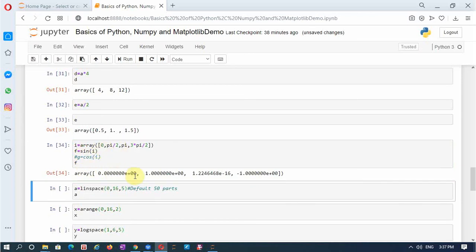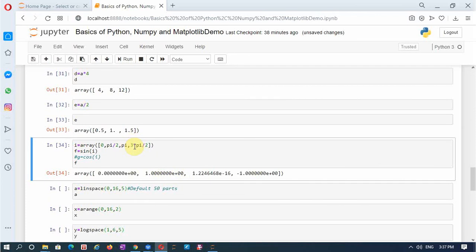Sine 0 is 0, sine pi by 2 is 1, sine pi is again 0, that is 10 to the power of minus 16. This e minus 16 represents 10 to the power of minus 16, which is a very small number which can be treated as 0. And then sine 3 pi by 2 is minus 1.